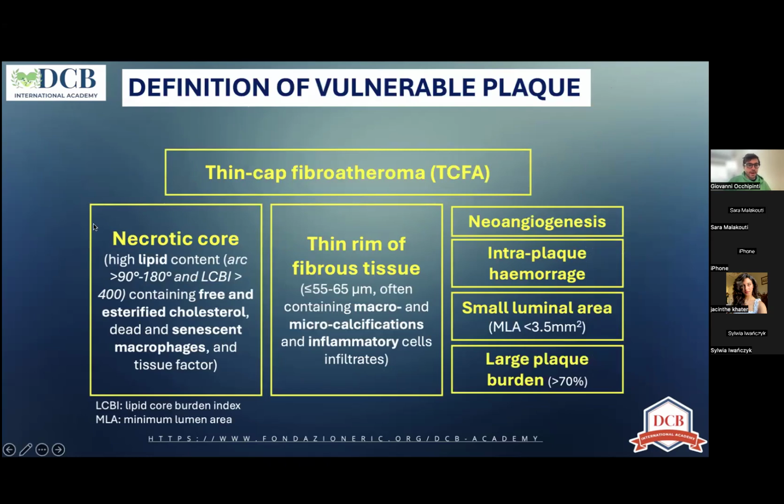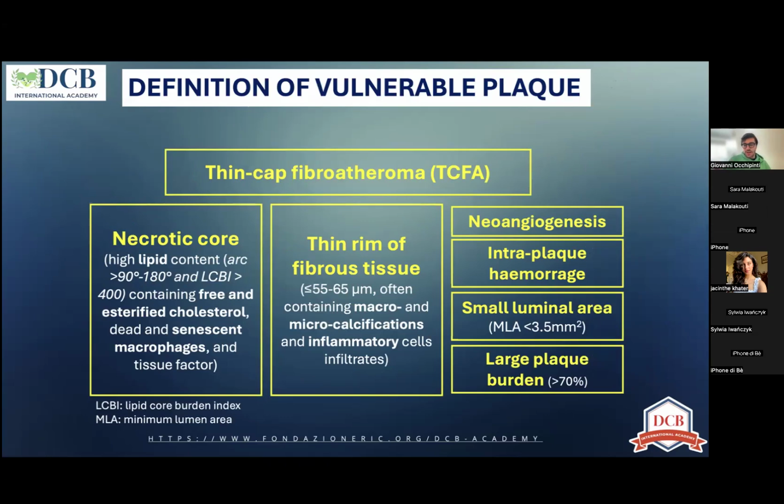So when we talk about vulnerable plaque, we basically define an anatomical atherosclerotic vulnerable plaque. There is nothing other than a thin cap fibroatheroma. Thin cap fibroatheroma is characterized by a necrotic core that is separated from the lumen by a thin rim of fibrous tissue. So when we talk about necrotic core, we define a